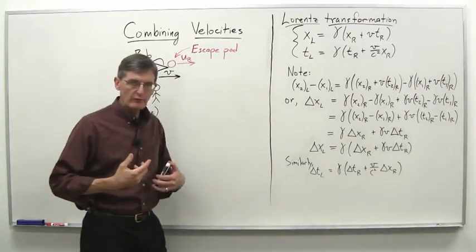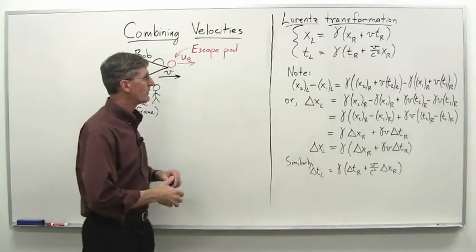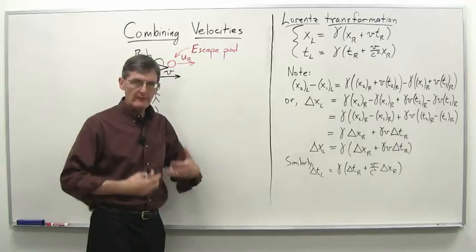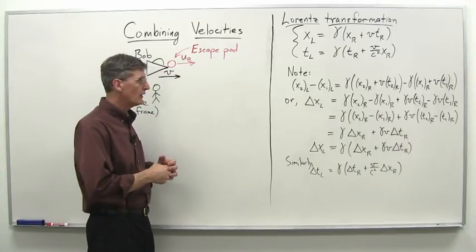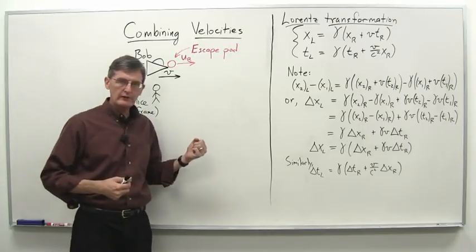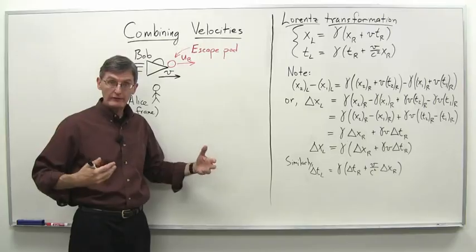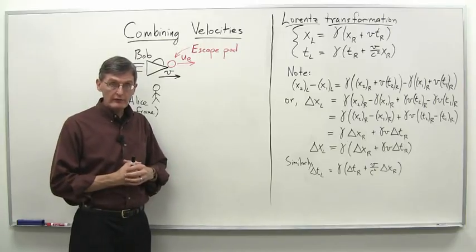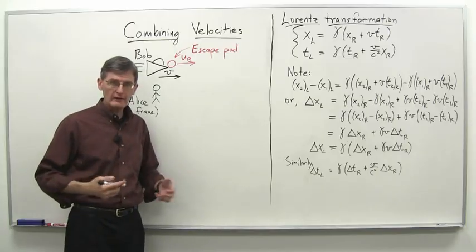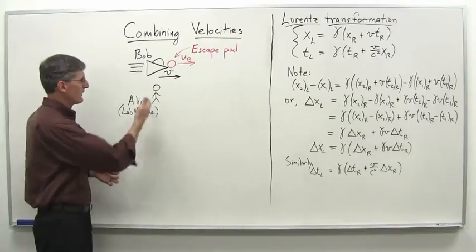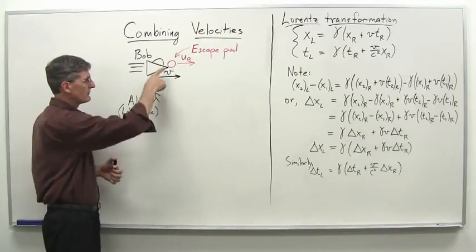In this video lecture, we want to return to the topic of combining velocities, adding or subtracting velocities. You may remember, hopefully, in week 2, we did this from the perspective of common sense and also the Galilean transformation. And the central idea there was that velocities add. In other words, we did an example of, say, Bob in his spaceship, he had an escape